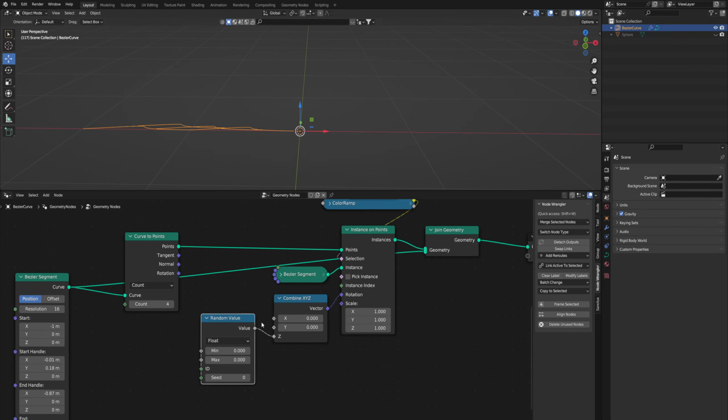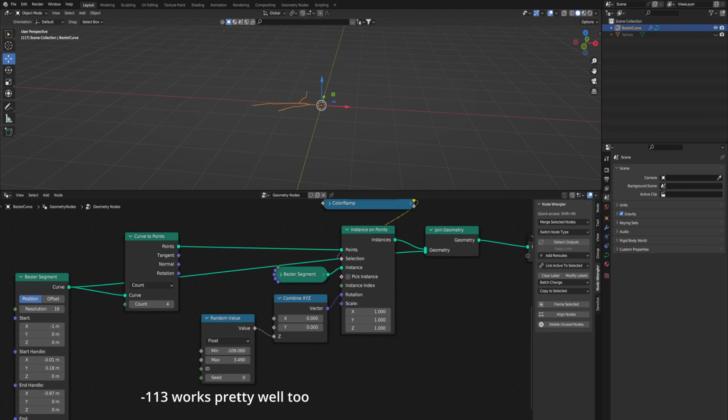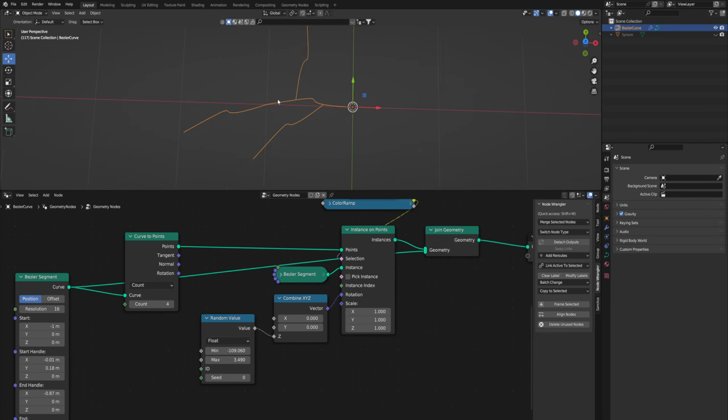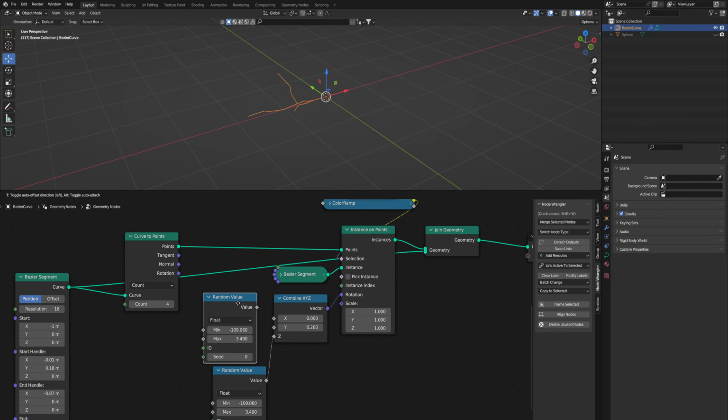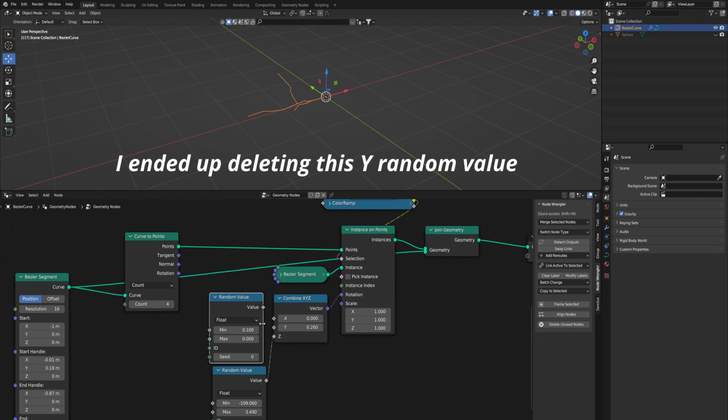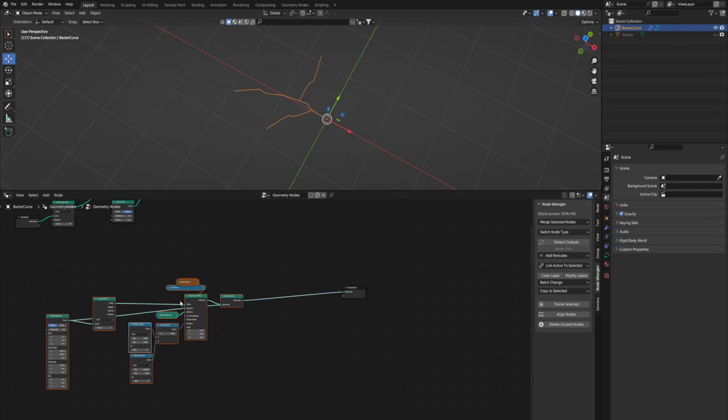So you can see if everything's zeroed out, it's all pointing this way. So that's the correct way we want it to. Just needs to be spread out a bit. Just -109 and then 3.4. We'll let all of them kind of branch off in opposite directions. You can put another random value in for the Y. You don't really need it though, but I would just go really low on it, maybe like 0.1. And then this, we can just press Ctrl J and make a section as the branch off.